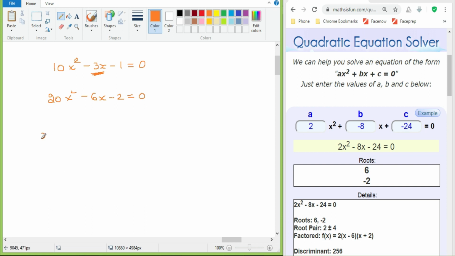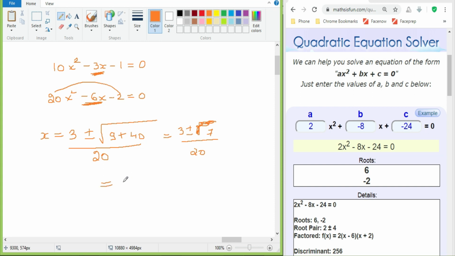Now what is the answer here? I can write x is equal to, take half of this, that is nothing but minus 3. Since it is minus 3, we have to take it as positive 3. I can take it as 3 plus or minus square root of 3 square, which is 9. Next 20 times 2 is 40. So since it is minus 40, I have to write plus 40, and it is divided by the coefficient that is nothing but 20. So I can write it as 3 plus or minus root of 49, that is nothing but 7. I can write it directly, divided by 20.